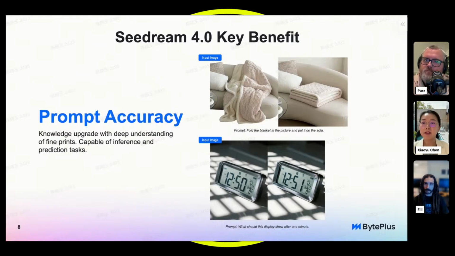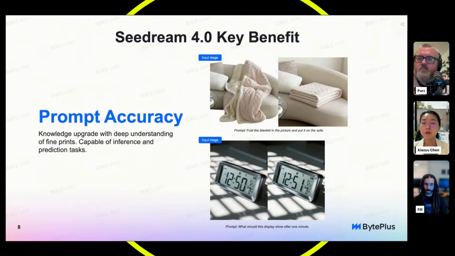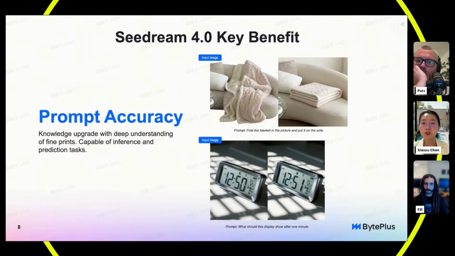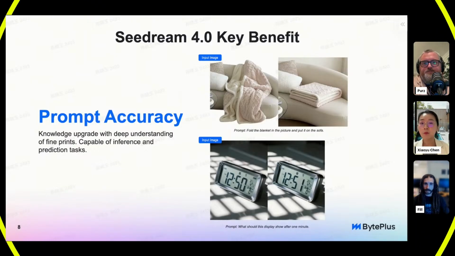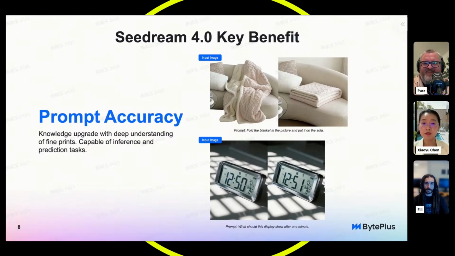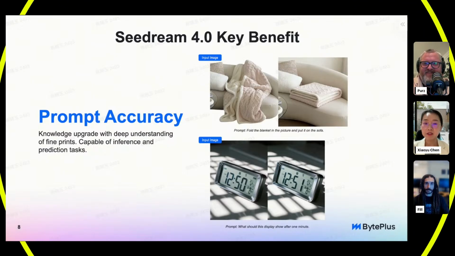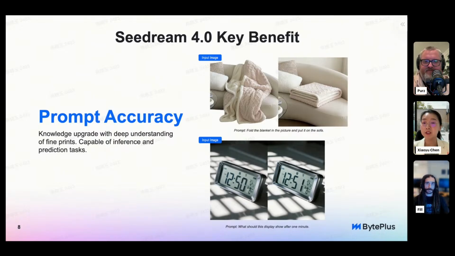Okay. Yeah, the other thing is about the prompt accuracy and the deep intent understanding capabilities. So here are 2 examples. The first one is to fold the blanket and put it on the sofa, right? You can do the job very well. And the second one is quite interesting. So the prompt is actually, what should this display show after 1 minute? Yeah, so it will do the modifications accurately,